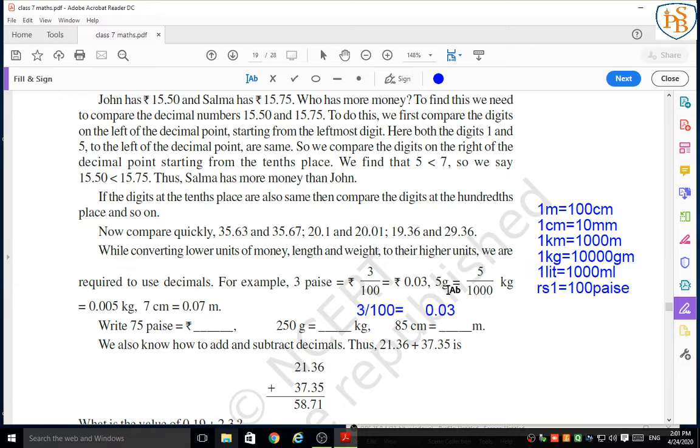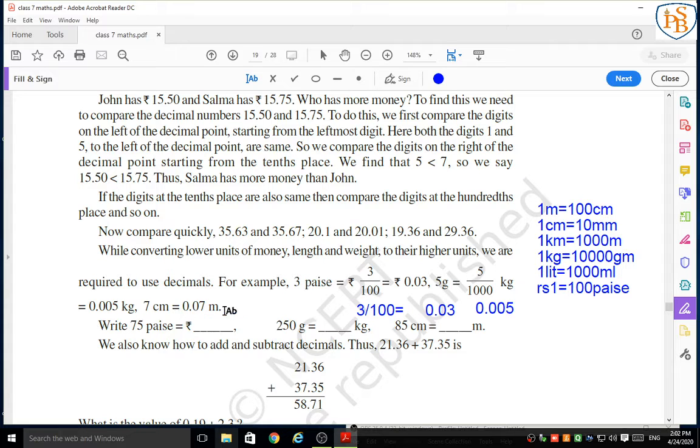Okay, look here, 5 gram. Gram is a smaller unit and kilogram is a bigger unit. While converting a lower unit to a bigger unit, we have to do the division process. So 5 gram means 5 upon 1000. What will be the answer? How many zeros are there? 3 zeros. So I will write 5 and put 2 zeros in front. Now there are 3 digits. Now I will put the point, and to complete the number I will put 0. So 5 upon 1000 means 0.005.